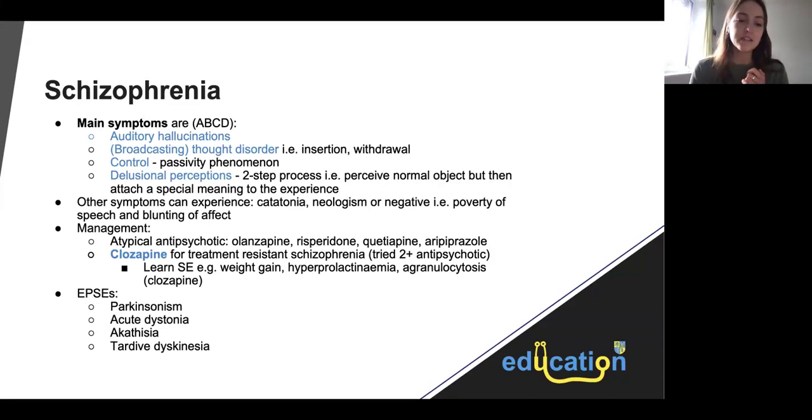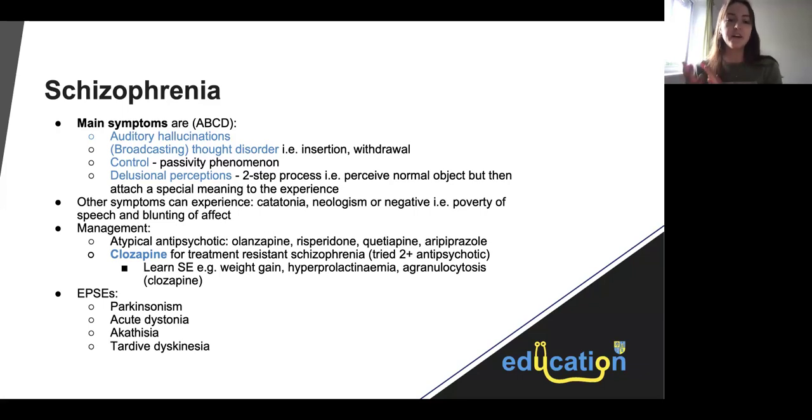Management, as we know, is an antipsychotic. Atypical antipsychotics are now first line. And if you've tried 2 or more antipsychotics and they have failed to treat the schizophrenia, you give them clozapine, which is also an atypical antipsychotic, but